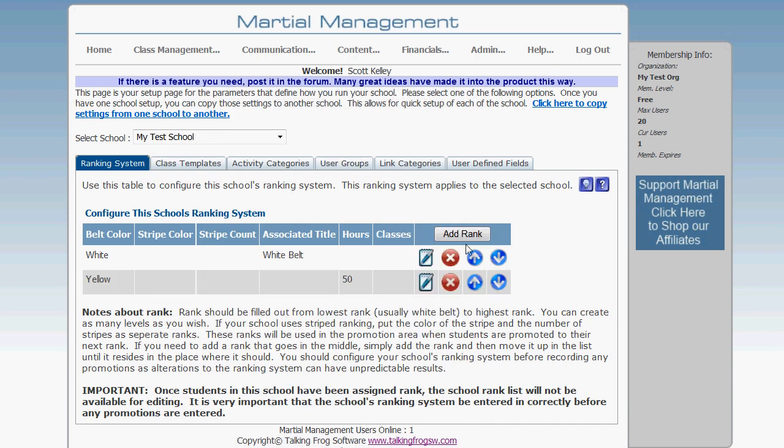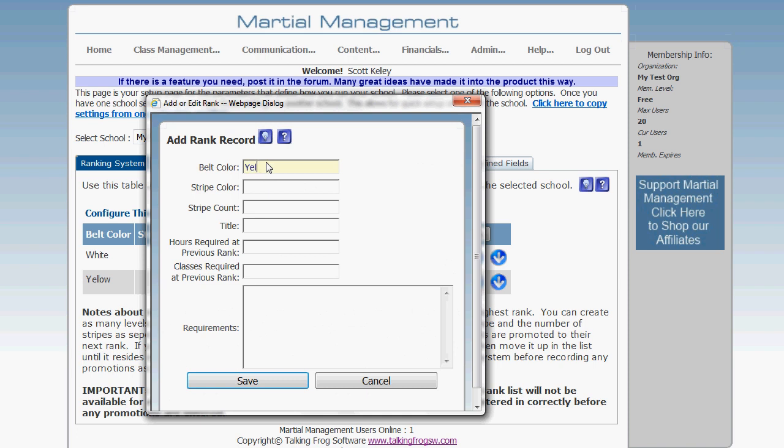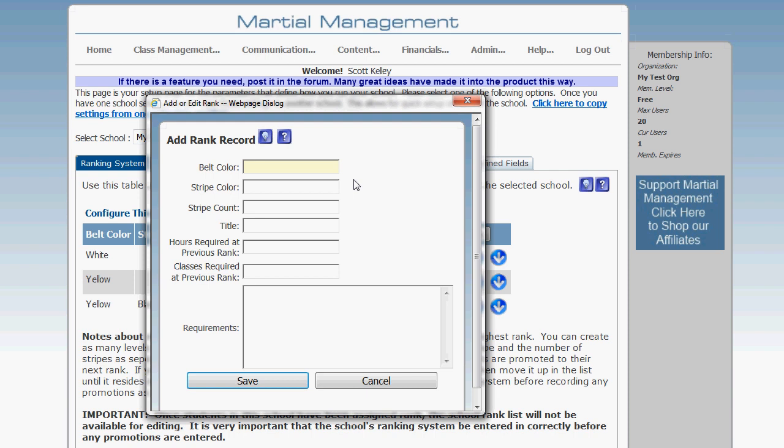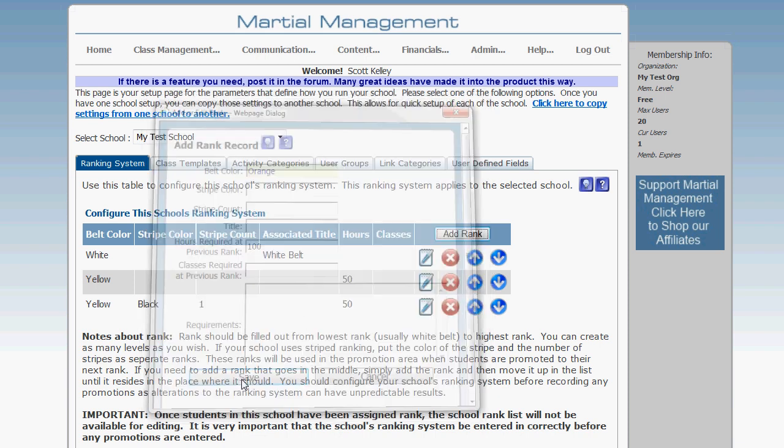Now let's say our next rank has got a stripe on it. So we're going to say yellow rank with a black stripe, and we'll have one black stripe. Some schools have belts with 2, 3, 4 stripes, so that's not uncommon. Hours required. Let's require 50 hours for this rank as well, and then we'll go ahead and save that. And then maybe we'll add one more. We'll call it orange. There's no stripe, and say you need 100 hours of class in order to pass for